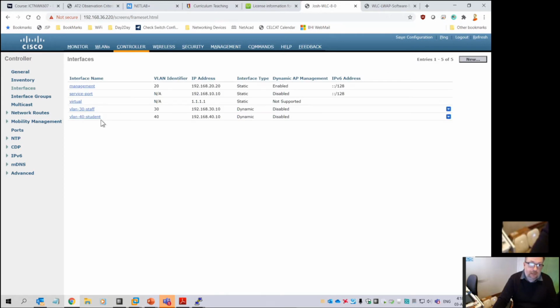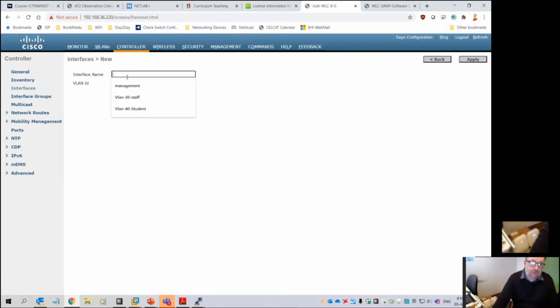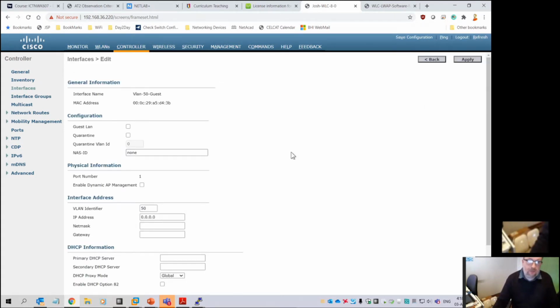And then last but not least, we need VLAN 50 for guests. Now we're not actually going to do guests today, but we're just going to create it just for fun, so that it's there. We'd do the same because this week, next week, the week after, every lab you always do it the same. You always set them up to be the starting point. But what I really want to show you,